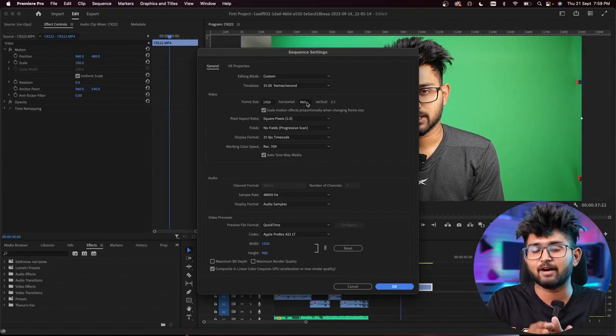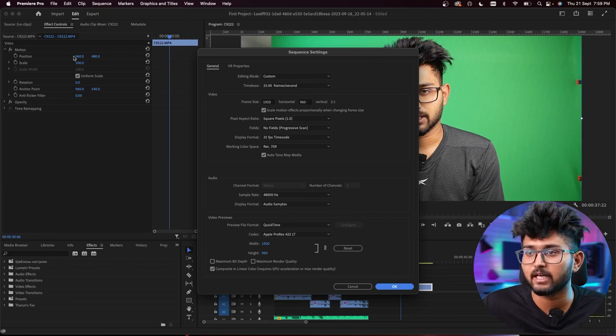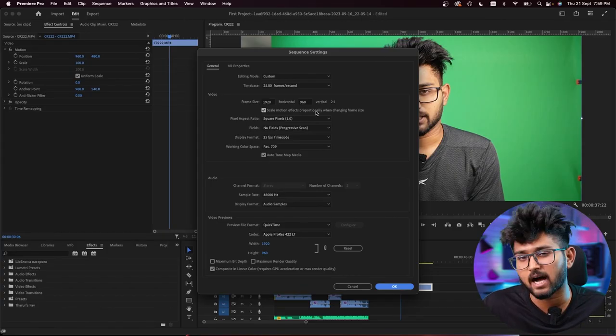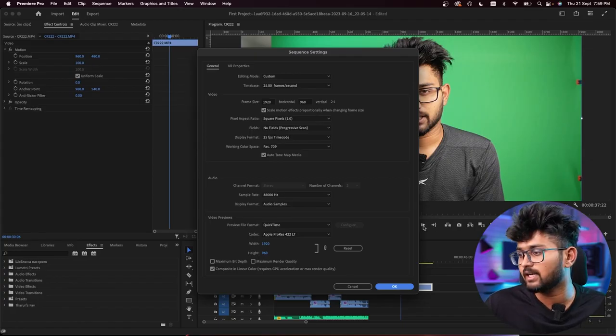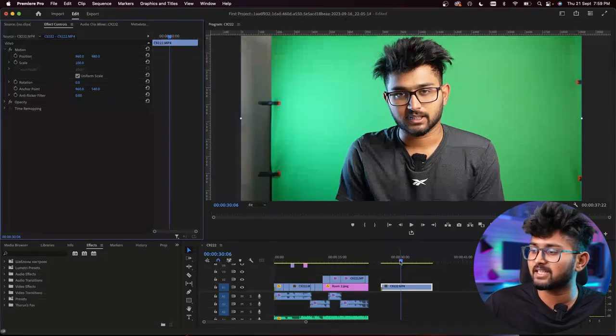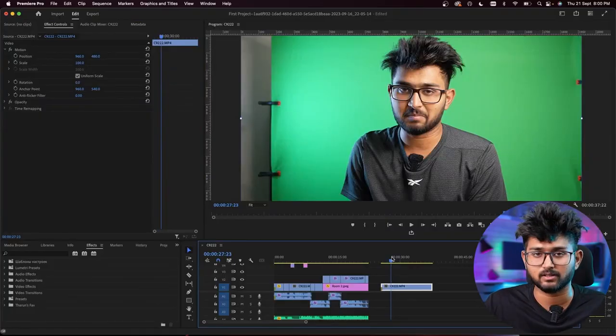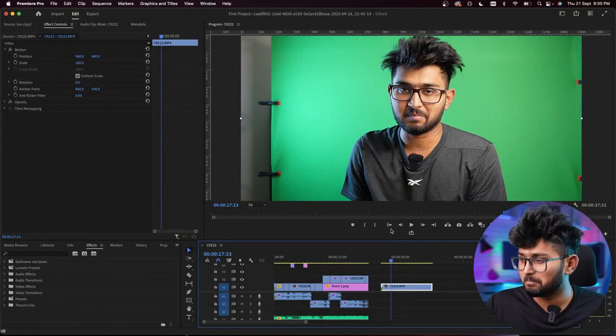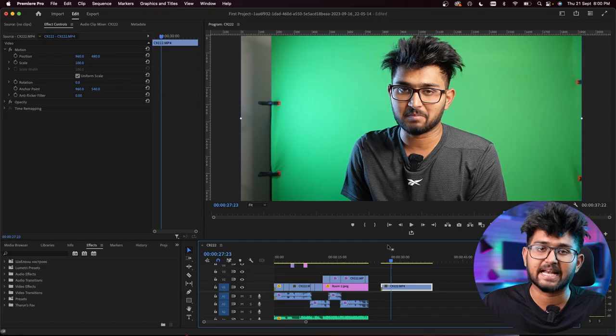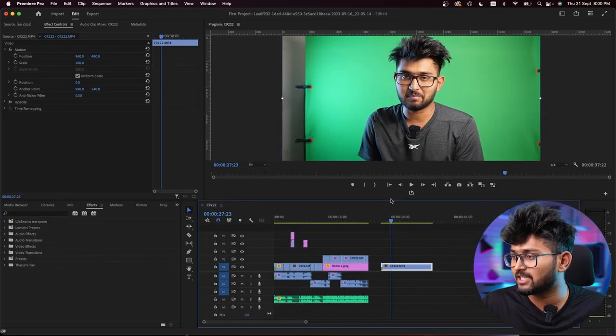So what is the exact half of 1920? It's 960. So that's why you have the center point, the position of this footage, to be 960 in the x-axis, x-coordinate direction. And then you have 960, what is half of that? 480. So that's where the center point is. It's not exactly the center point, it's called an anchor point or whatever it is. We'll discuss it later, but for now just consider it like a center point. So this is the frame.